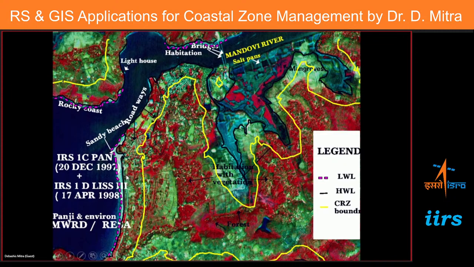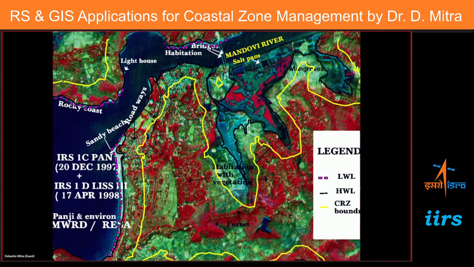So we made a buffer of 500 meters from the line, and also now we can classify whether it is CRZ 1, 2, 3, and 4. CRZ 1 is the ecologically sensitive zone. All the sand dunes, the sandy beaches, the wetlands, the mangroves, the corals come under CRZ 1. CRZ 2 is mainly the coastal urban areas, the areas which have already developed very near to the coast. CRZ 3 is the coastal rural areas, villages, hamlets, the fishermen's hamlets, and CRZ 4 is mainly the Andaman